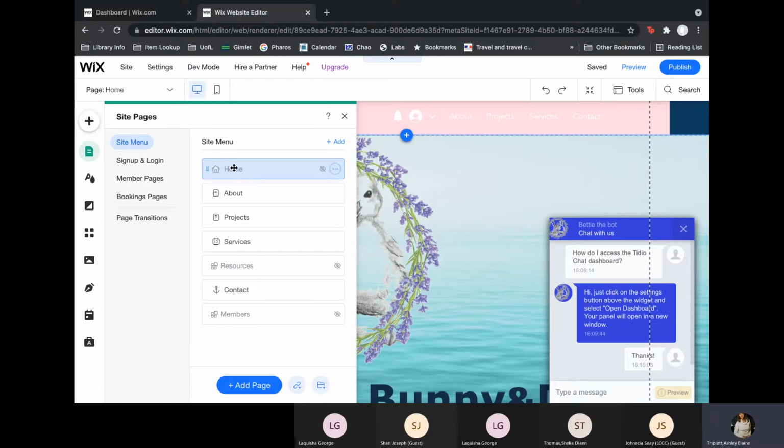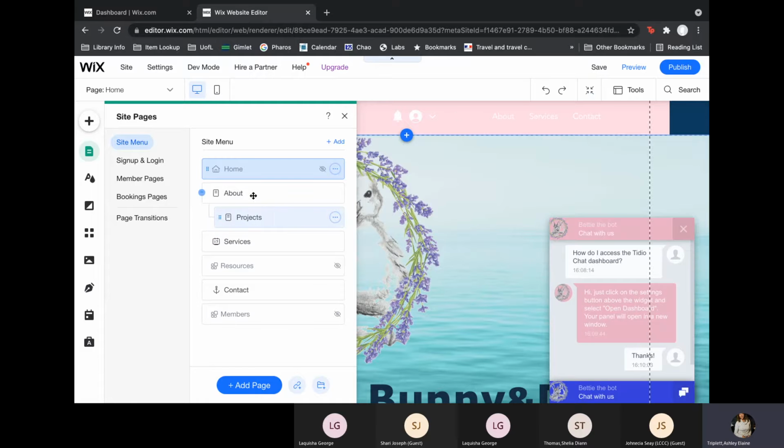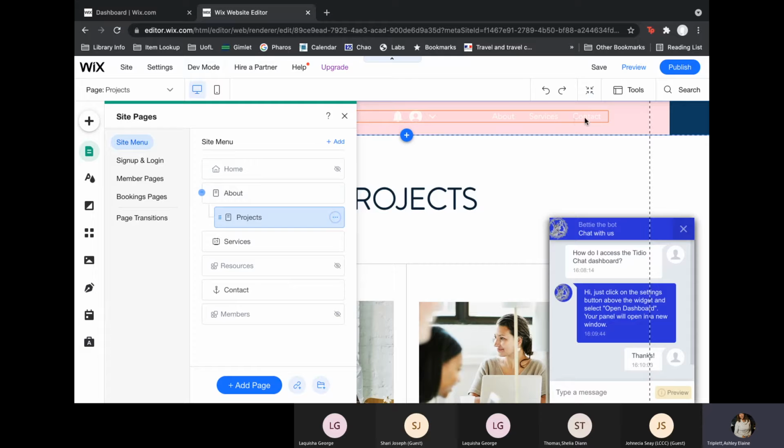So again, some features that we'll talk about are just tips and tricks of building a Wix website. A perfect example I can give you tonight is just thinking about the user experience of your website. If you have on your homepage projects that are predominantly about you and about the services that you offer, you can create sub headers. So under About now, as you can see, I moved my project out of the way because it really wasn't